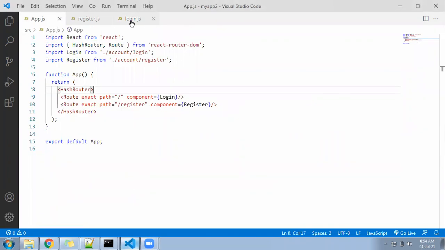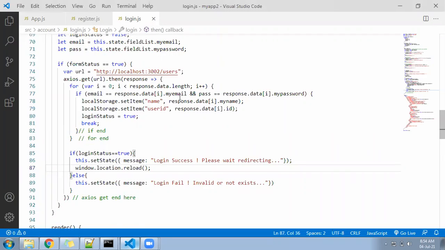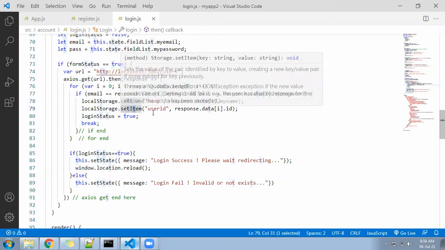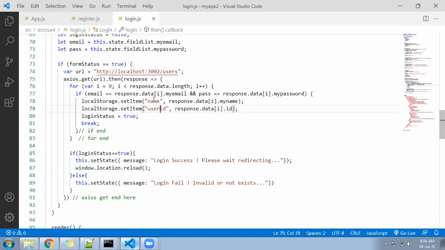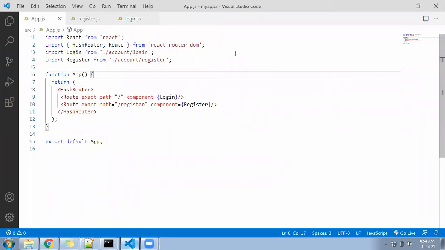First, before going to the app.js file, look here. When the user login success happens, you have taken his name and stored it under the local storage to access in some other page. You have taken his ID from the JSON file and stored it under the user ID of the local storage, right? So based on this ID and name, we are going to identify whether anyone is login or not. If anyone is login, then user ID and name will not be null. It will have something. So come to the app.js file. In the app.js file, if you look, we have added hash routing, correct?